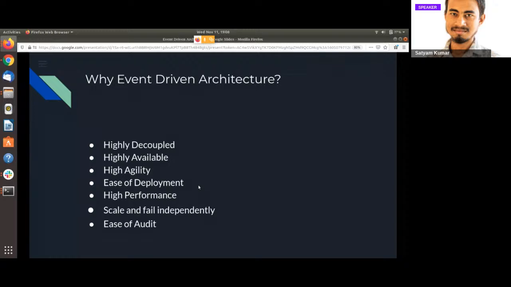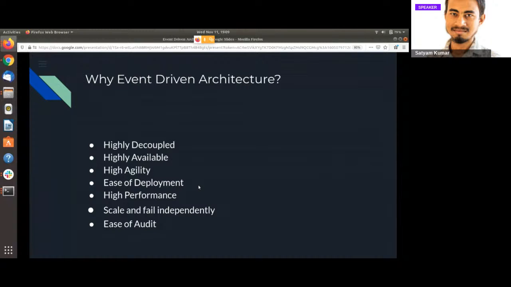Next is the ease of deployment. The deployment process in an event driven system is much less painful. Suppose we have an application which consists of 5 or 6 separate services, and we are changing something in a service A. We need not touch the other 4 working services.